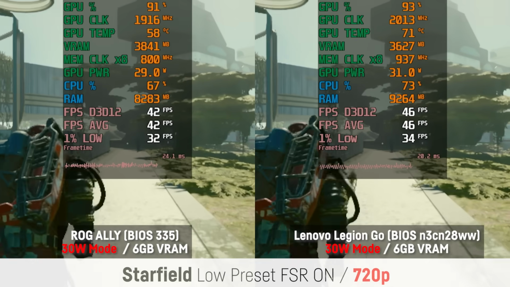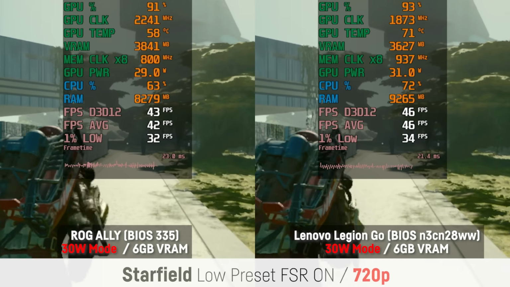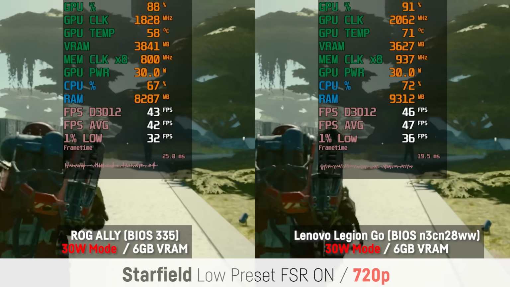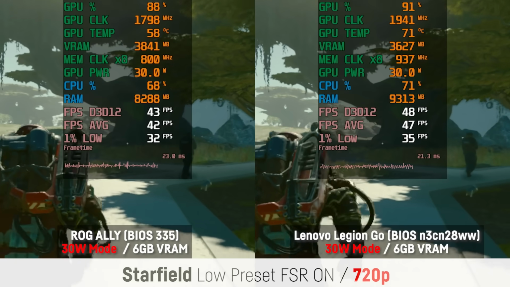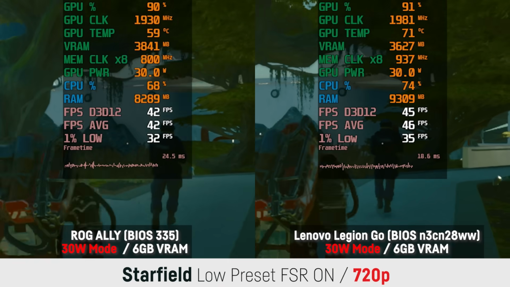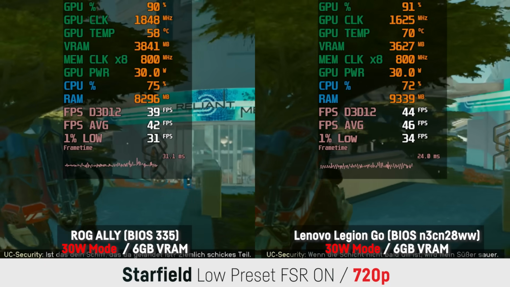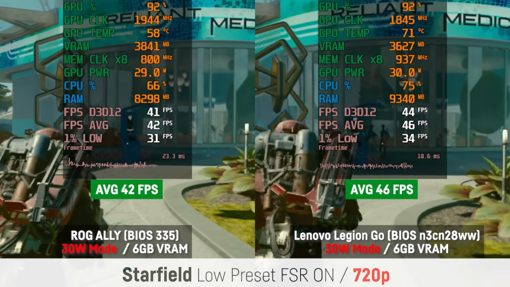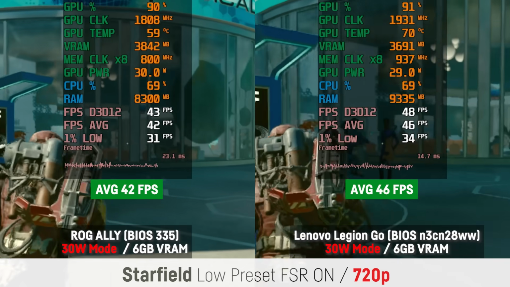And I also fired up Starfield, while we are once more beginning with the 720p and 30 watt benchmark at low settings with FSR enabled. For that, I was taking a walk in the first big city you'll get to at the beginning of the game. On the ROG Ally, that resulted in an average of 42 FPS and a 1% low of 30 FPS,